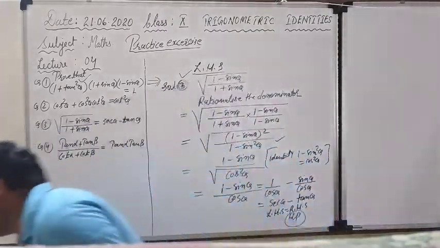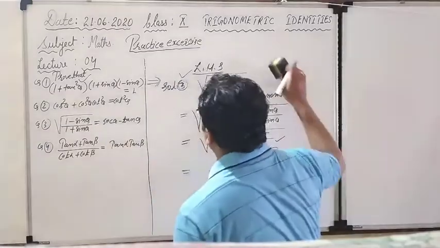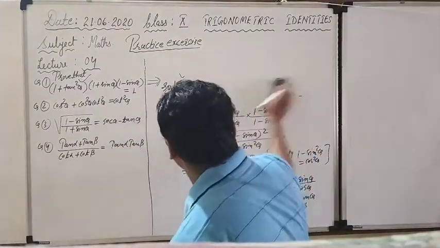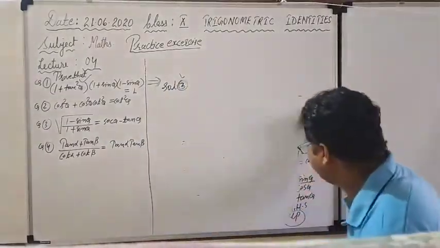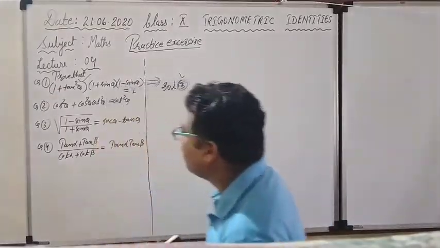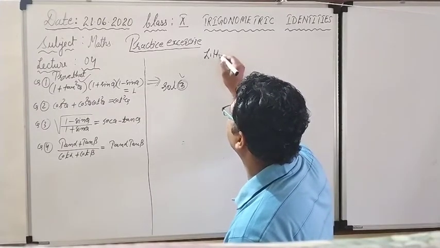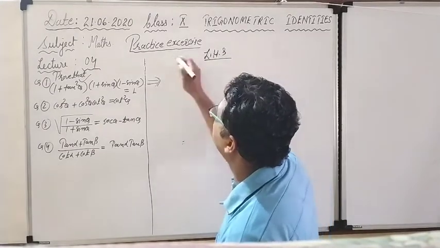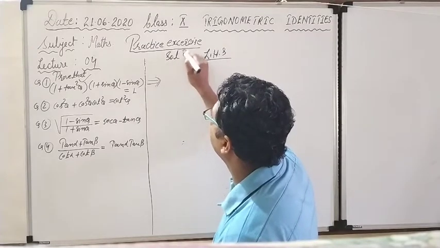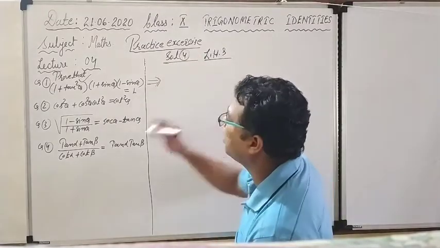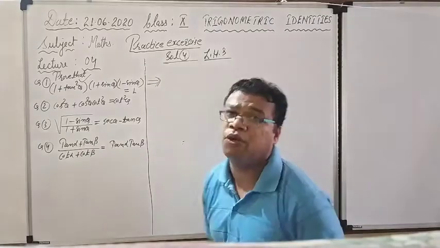Okay, right now we have to solve the last question, last but not the least. See here, what is the last question? See, tan alpha plus tan beta upon, again I am taking the left hand side. Look here, we have to start from here actually. Solution number 4, left hand side. What is there? Tan alpha plus tan beta. Directly I am going to solve.